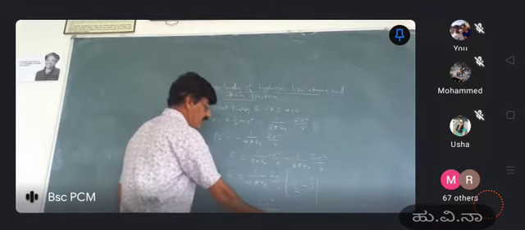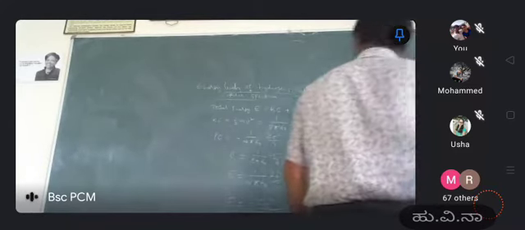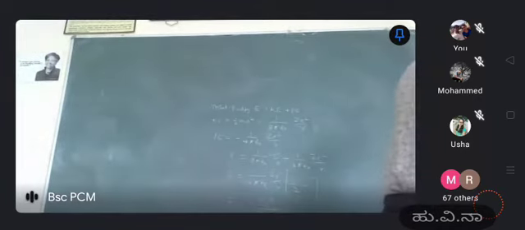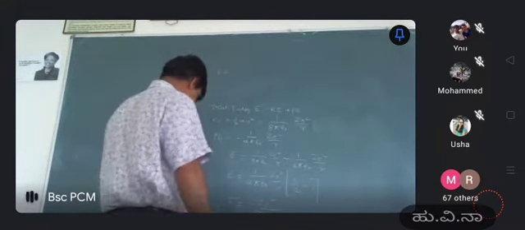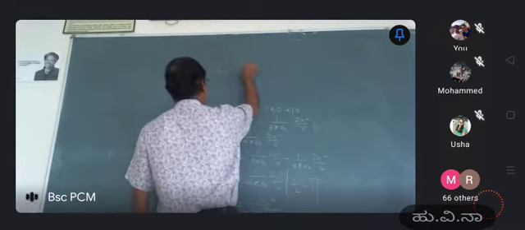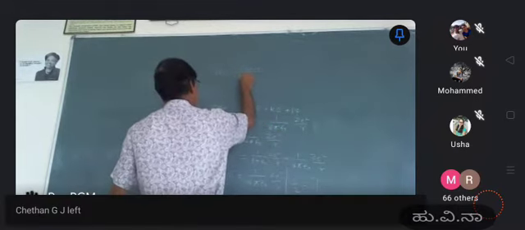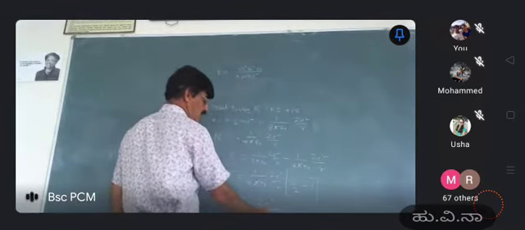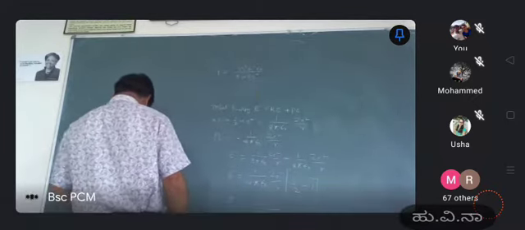Here r stands for the radius of the electron. We know the radius of the electron, so now we have to substitute this radius of the electron. You know that the small r is given by n squared epsilon naught h squared divided by pi m Z e squared. After substituting this value in this equation, with the complete substitution of r,